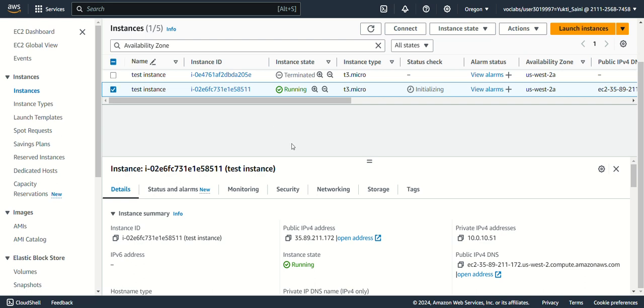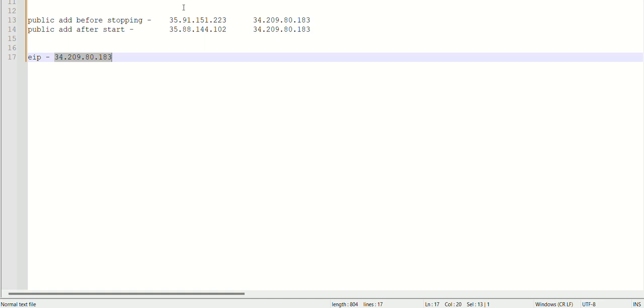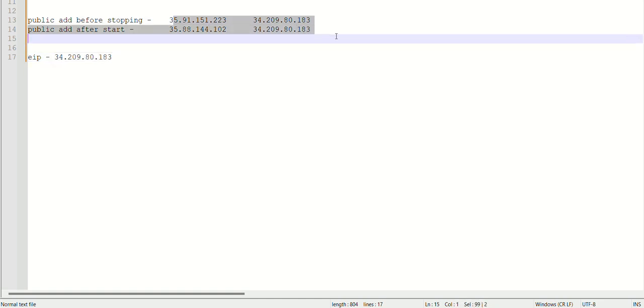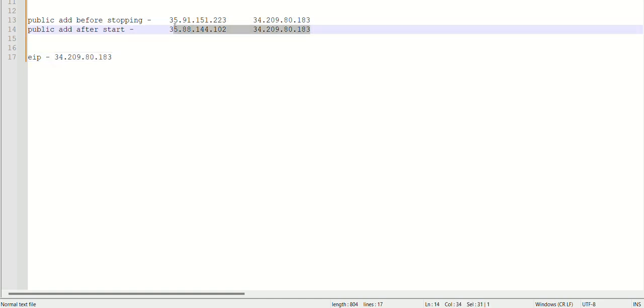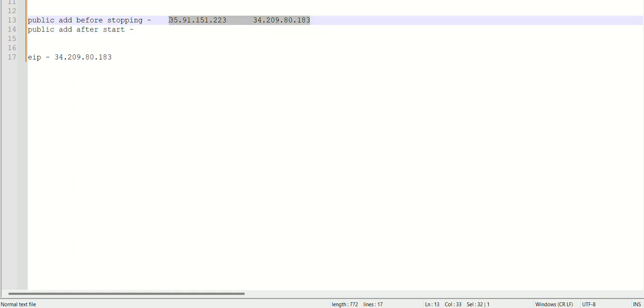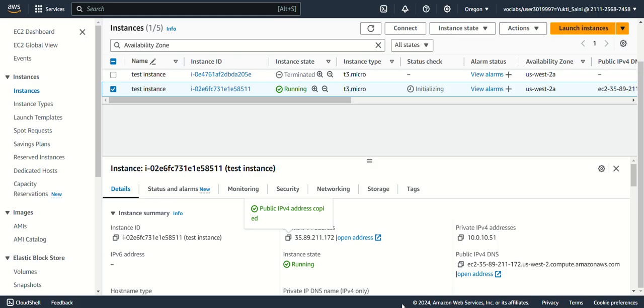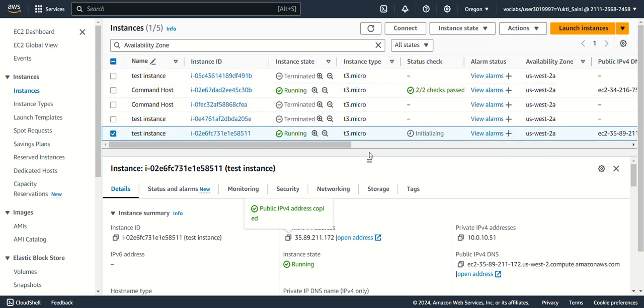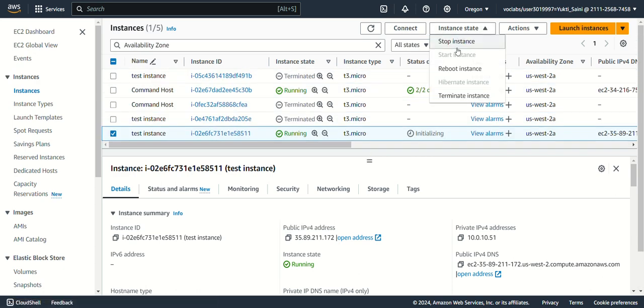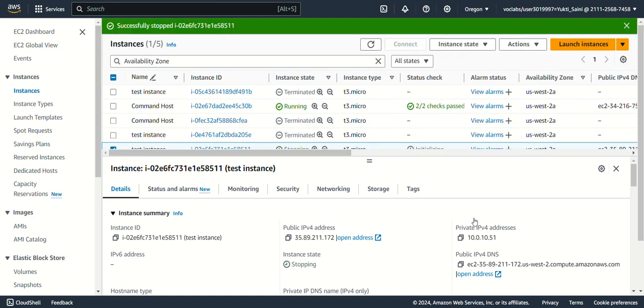So I am clicking on this, copying the public IP address and saving it into my notepad. Now I am stopping this, and after restarting the instance, again I will copy the public IP address and check whether it is the same or not.